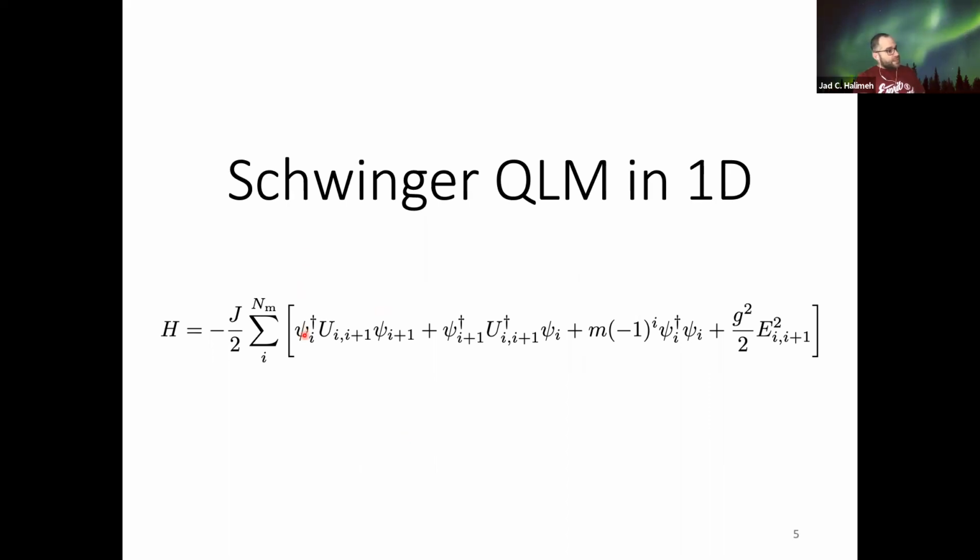So what you see here are these fermionic operators, psi. So psi dagger psi basically tells you about the spontaneous creation of electron-positron fields. To maintain Gauss's law, your gauge field here in the middle must react concomitantly, at the same point in time and space, in order for Gauss's law to be always preserved. M denotes the mass of your matter, and here E squared is the electric field.